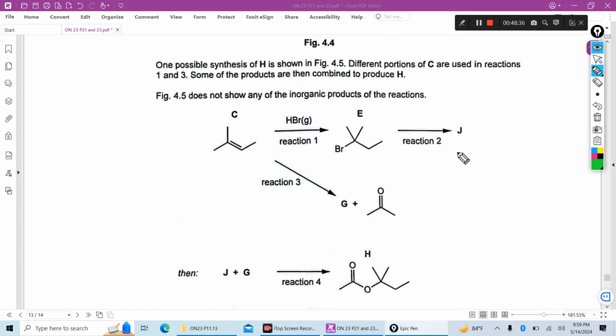Then J is an alcohol, G is a carboxylic acid. In reaction 4, an ester will form. So in this ester, this is the alcohol part and this is the acid part. The two-carbon acid is ethanoic acid, and the remainder is the alcohol. Now you see,